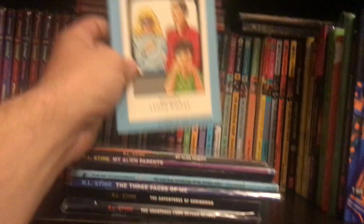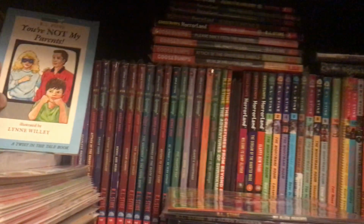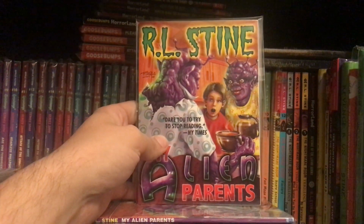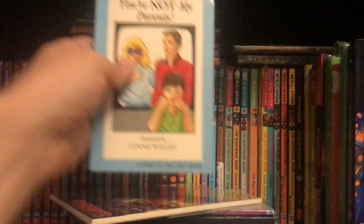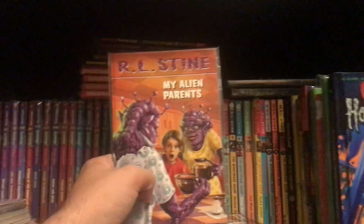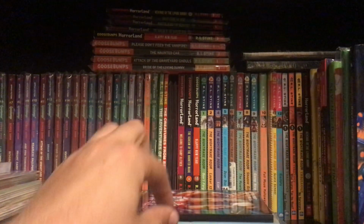So here we got You're Not My Parents, which has been confirmed to be My Alien Parents. I confirmed this. I do research on Twitter. I found out about this book right here. I tied the book and the plot synopsis. It's literally the same exact book as this. So My Alien Parents, unfortunately, was made way before Goosebumps, so it's not a lost Goosebumps book. And shout outs to